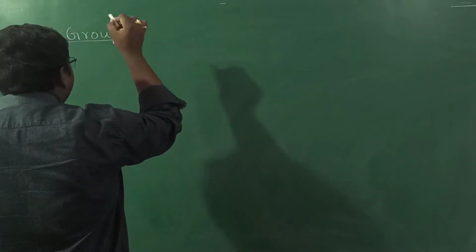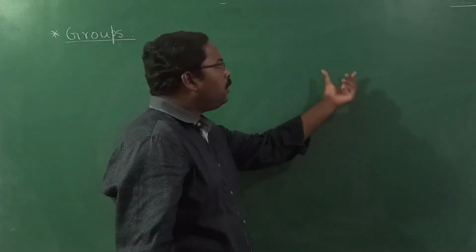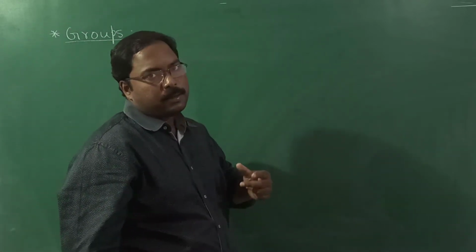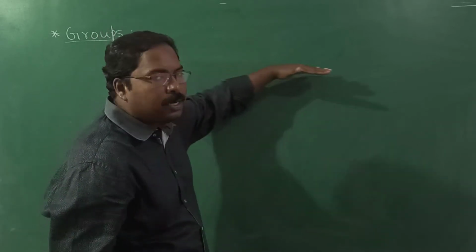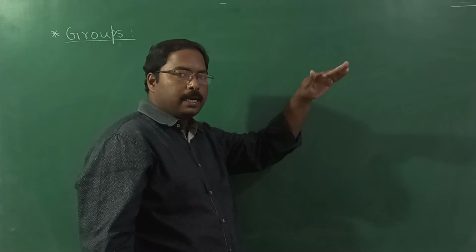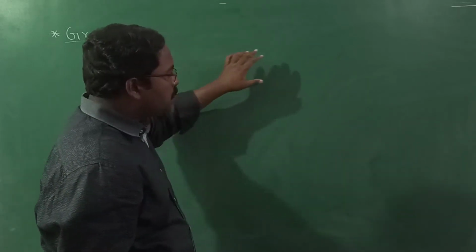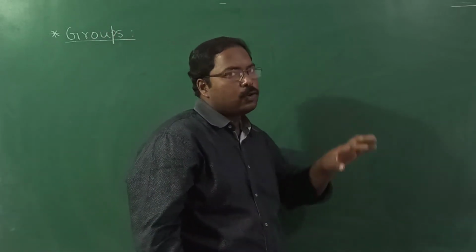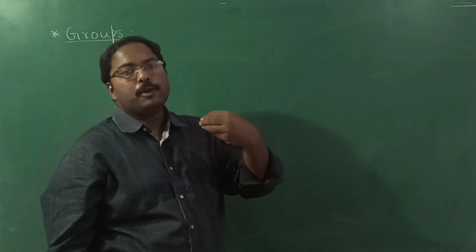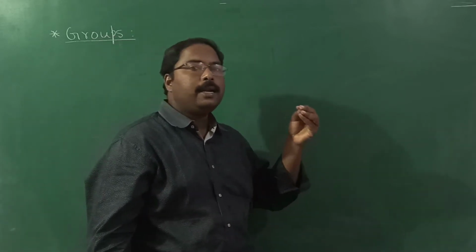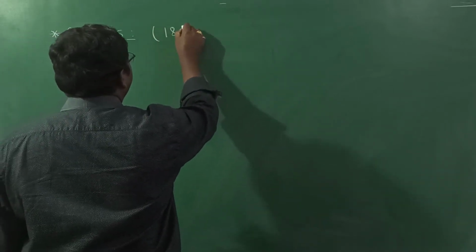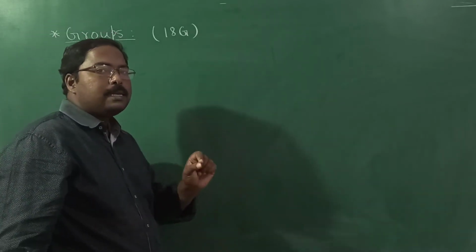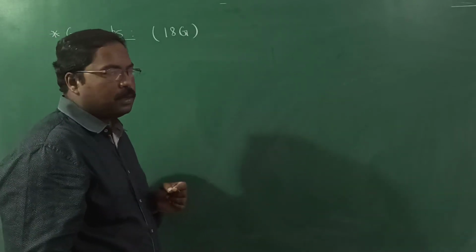First of all, what is meant by a group? A group is nothing but the vertical columns present in the periodic table. Yesterday we discussed the horizontal rows, which are known as periods. Now coming to groups, these vertical columns are known as groups. So how many groups are present? Yesterday we already discussed that in the modern periodic table we have 18 groups. Now first, let us discuss the representation of these groups.